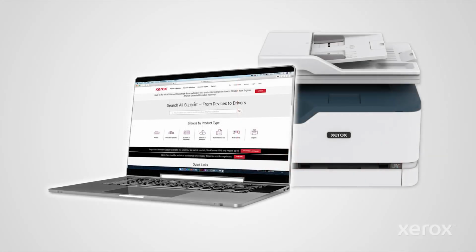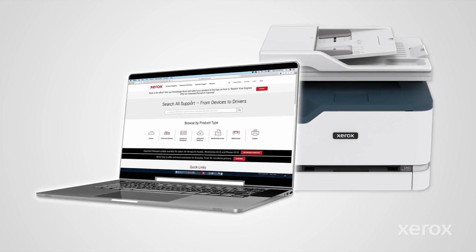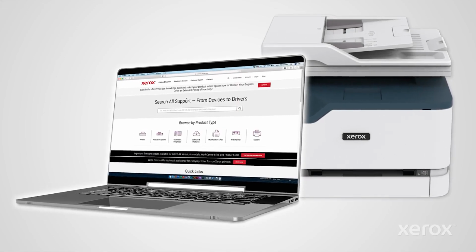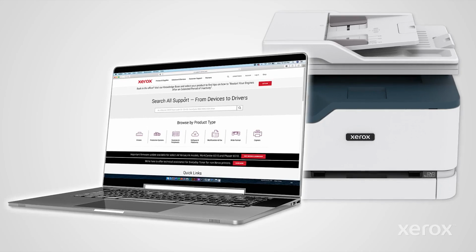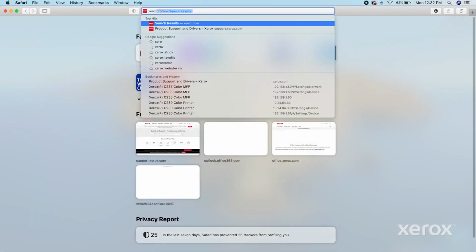This video demonstrates how to download a print driver from Xerox.com and install the driver on a Macintosh computer. From your Safari browser, go to